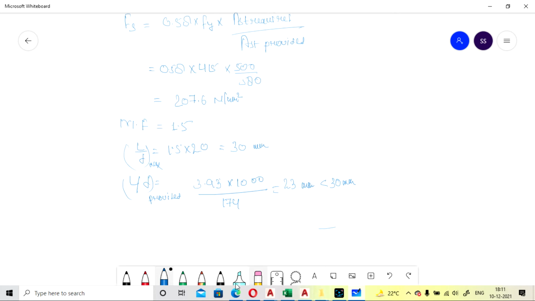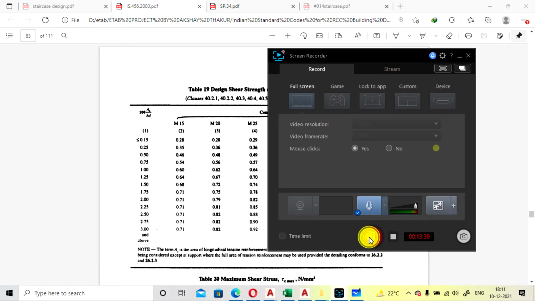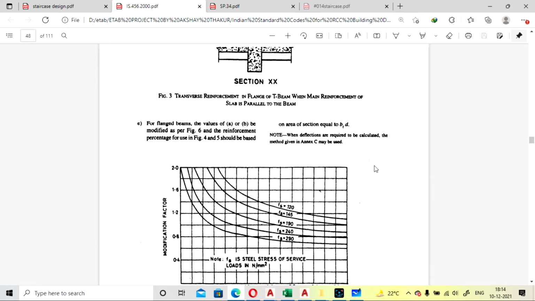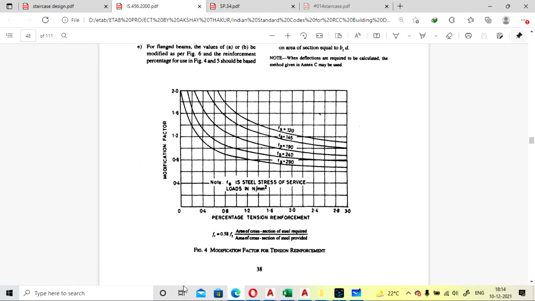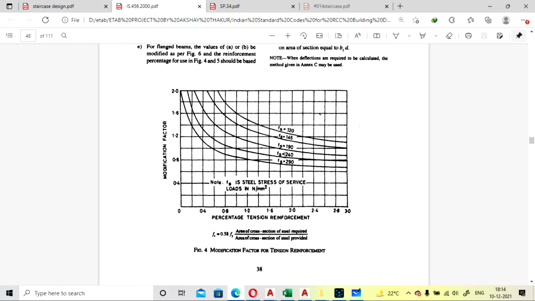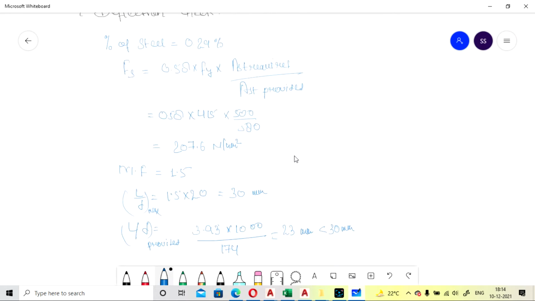So our MF value we can calculate from the IS code, on page number 38. From this graph you can calculate the MF value, the modification factor, for the check for deflection. This will be your fs value, this will be your modification factor, and this will be the percentage of tensile reinforcement that we have calculated here, 0.29.